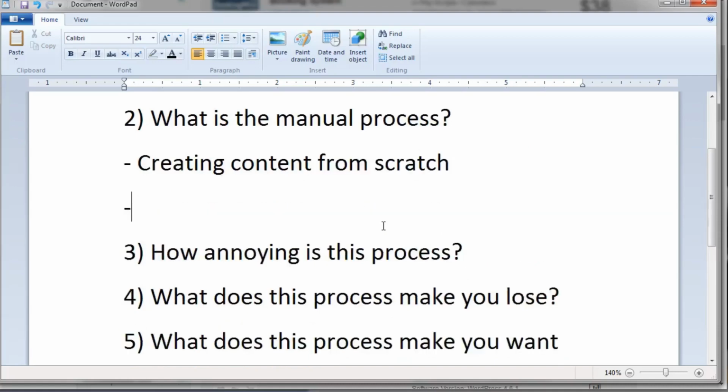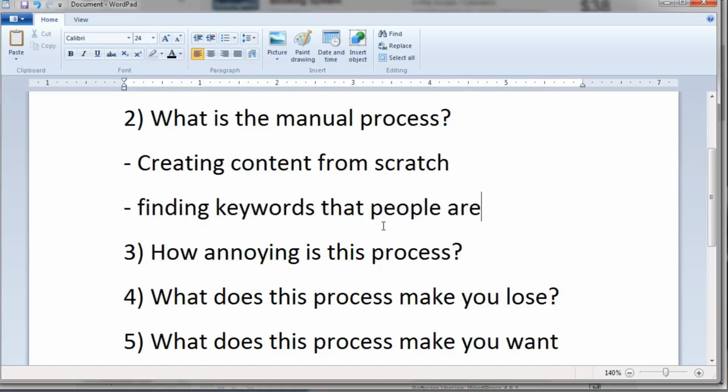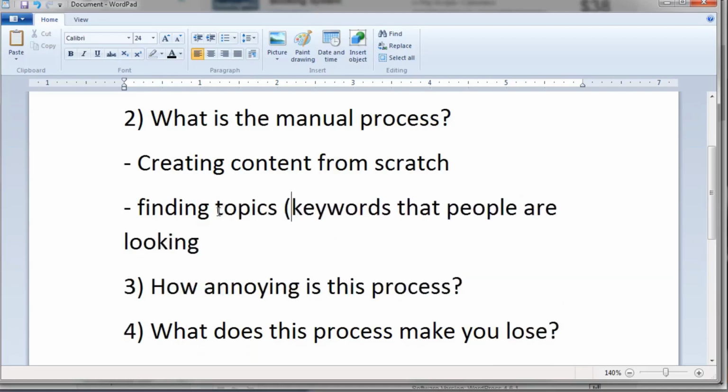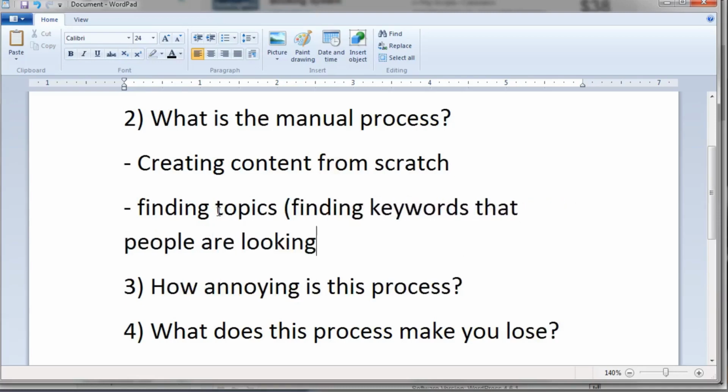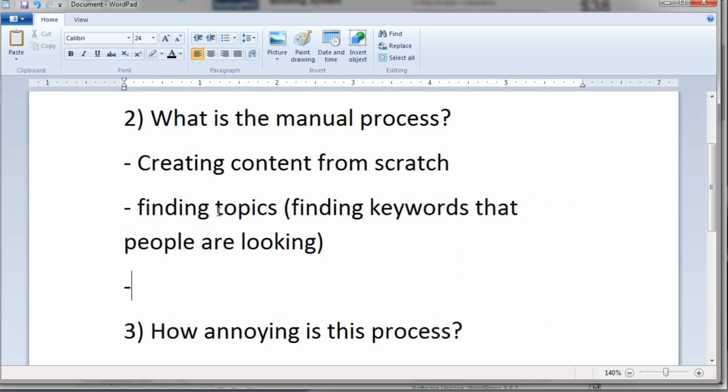Now, what goes into creating that content from scratch? And I want you to list out everything that you can think of. So in this case, the manual process is finding maybe keywords that people are looking for. So maybe finding topics. So that would go under finding topics. And then when you're finding topics, finding keywords that people are looking for,